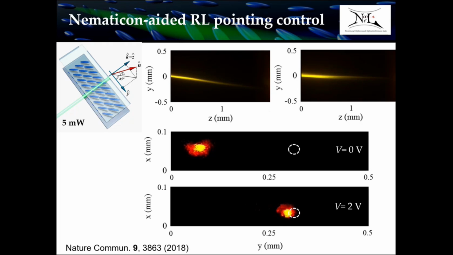So I go from 0 volts, in which my random laser is emitted at this position at the output of the cell, to 2 volts, where my random laser emission switches to this other position, simply because I am reorienting the molecules and the optic axis, changing theta, and thereby changing the orientation of the Poynting vector. So this is the first example of a random laser which is controllable in direction by applying a voltage